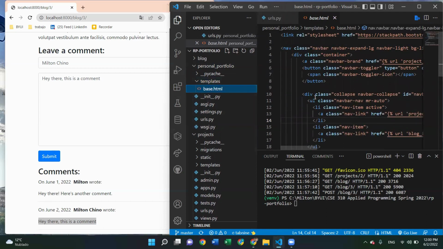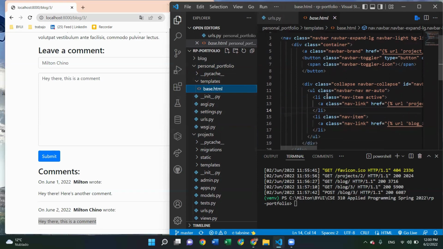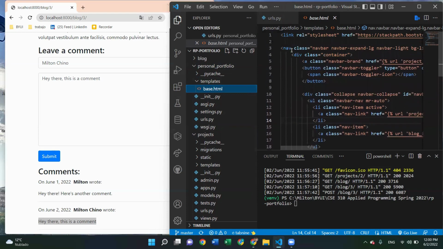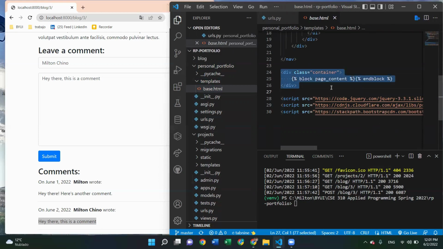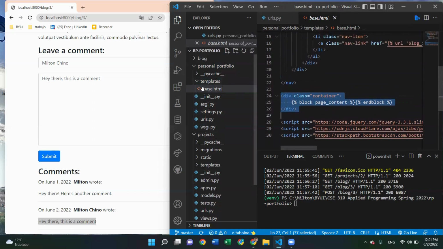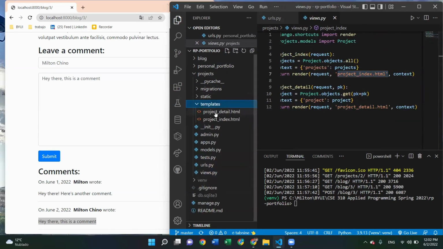Also, in this part of the project, we have the base HTML file. This HTML contains the principal content of the web page. In this case, we have a nav bar based on Bootstrap. And as you can see right here, we have the content section or the content block. So when we create other templates in the other apps, we are just sending the content inside the